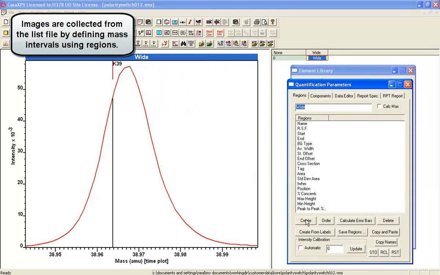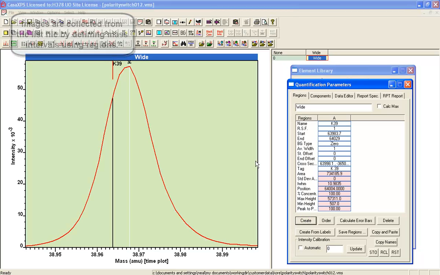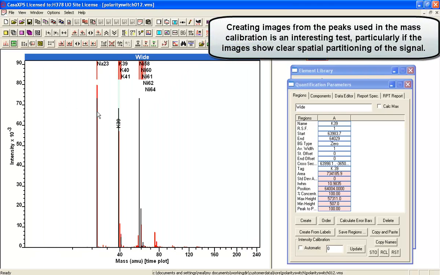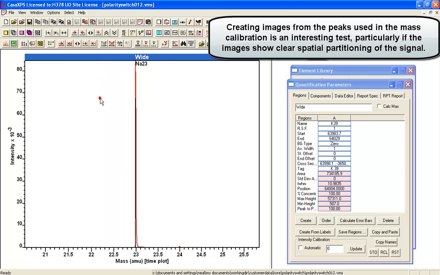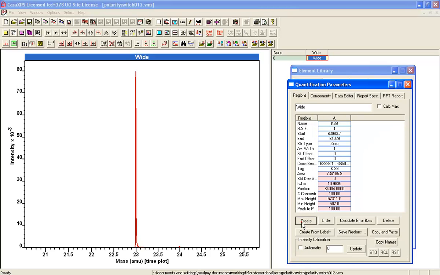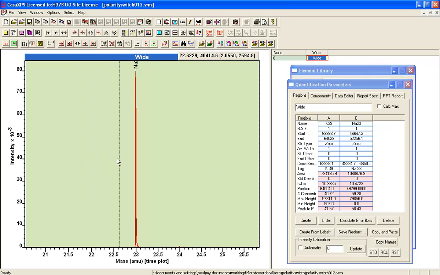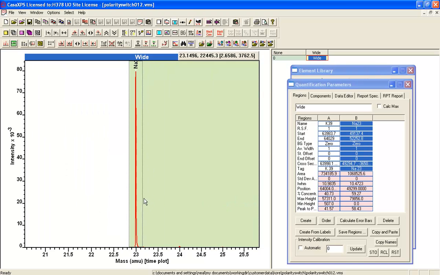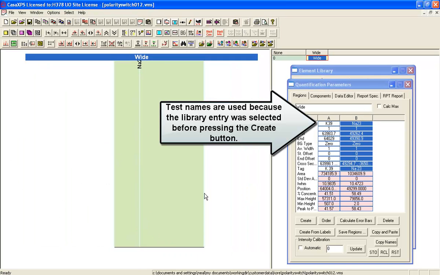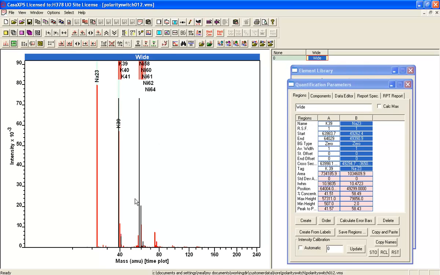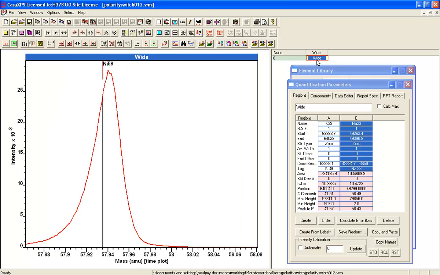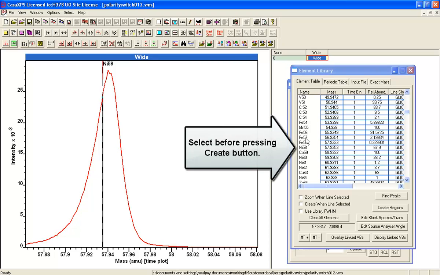So the next step we'll do is use these peaks and define some regions, then use these regions to create images from the data set. The idea is that if we've got our masses calibrated correctly and we know what they are, then we ought to be able to see some kind of spatial information that correlates with these mass peaks. So we'll begin by adding sodium and potassium regions, and once we have these we'll do the same for nickel,